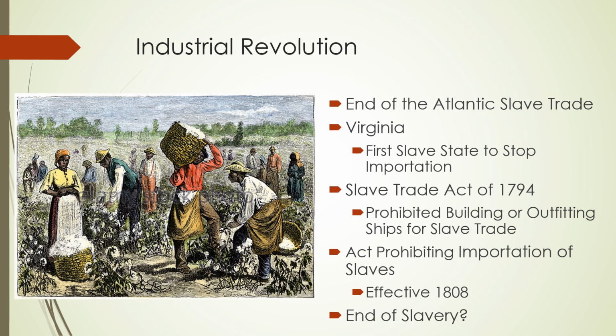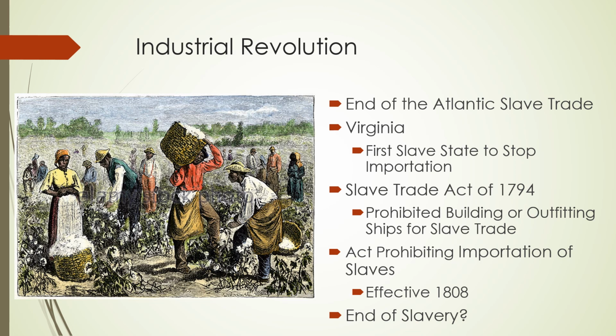Now, because of the American Revolution, because people were starting to question slavery, certain things had happened, right? I've already mentioned to you that Britain is going to be the first anti-slavery nation because Britain is the first industrialized nation. We know that the northern states are going to become anti-slavery because they have embraced industry. But there were other things happening before.